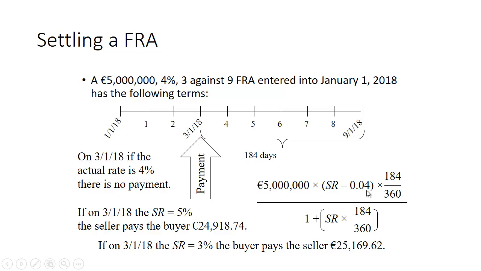This would be 0.05 minus 0.04 times 184 over 360, divided by 1 plus 0.05 times 184 over 360, right? And if the interest rate goes down to 3%, the buyer pays the seller